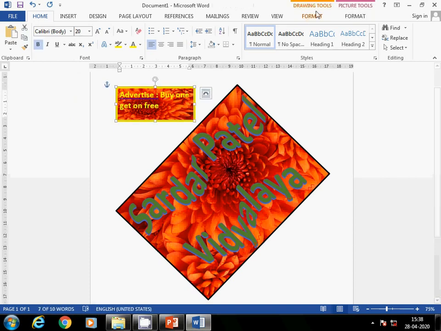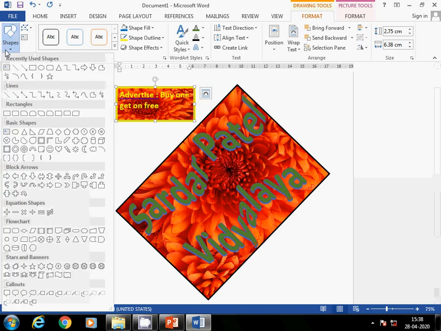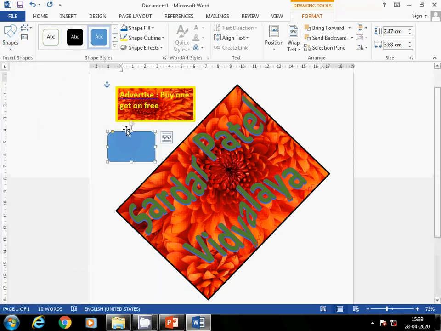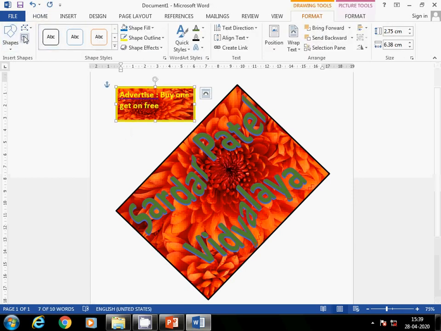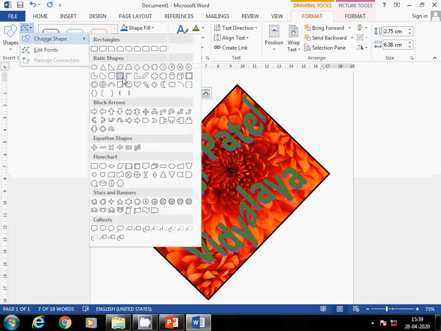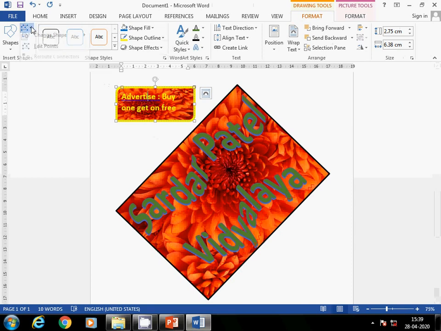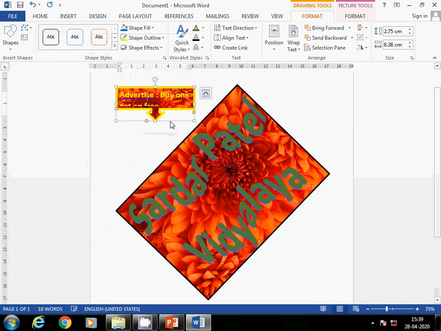Then if you want to change the shape, the option is there. Any shape you can apply. But you have to draw this once again, because it is not changing the shape, but actually inserting a new shape. So all these options are there. The Change Shape option is coming here. Let me try. I want to use a box like this. Yes. So here you can change the shape from this option. Change Shape. Then I want to use this one. So it will come like this.